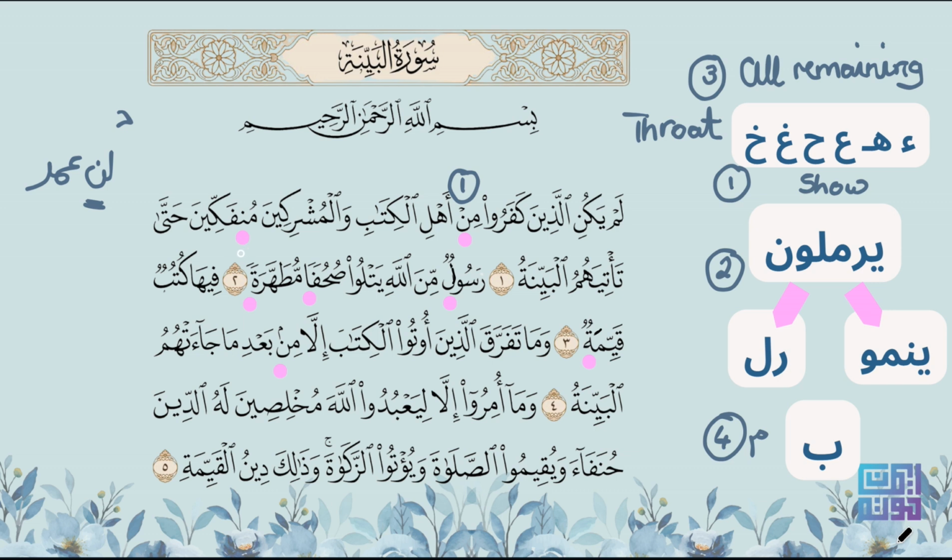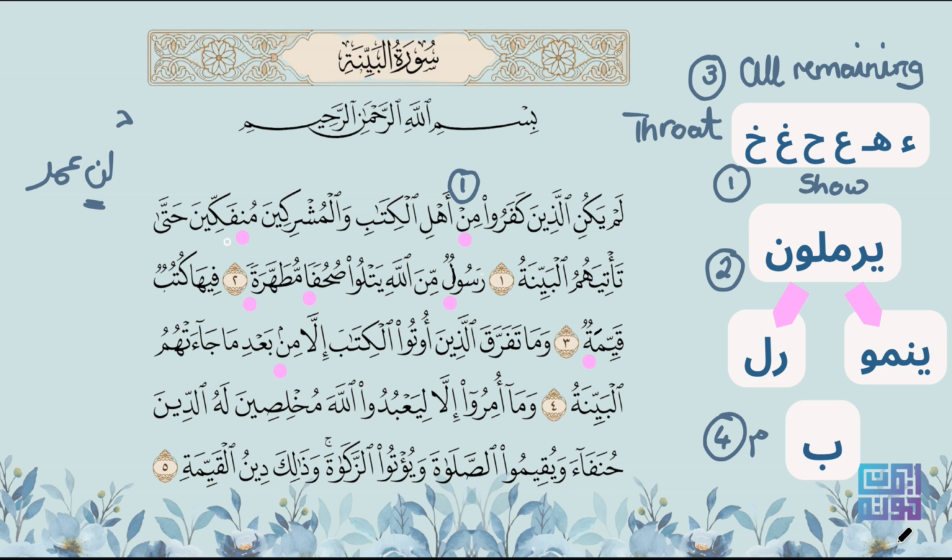Where else? We have here a noon sukoon, and we mentioned before that we call this noon a sukoon, although it doesn't have a sukoon sign. I mean, this one is a noon sukoon, and this one also is a noon sukoon. It doesn't have a sukoon sign, but it's called sukoon because it has no movement attached to it. What is the letter coming after it? Is it one? You know, this is how we do it quickly in our mind.